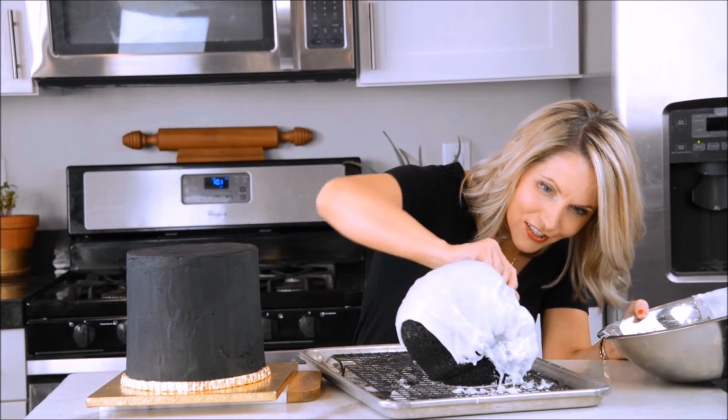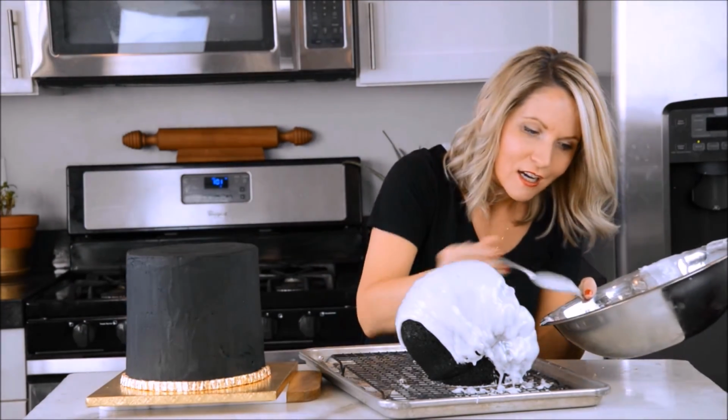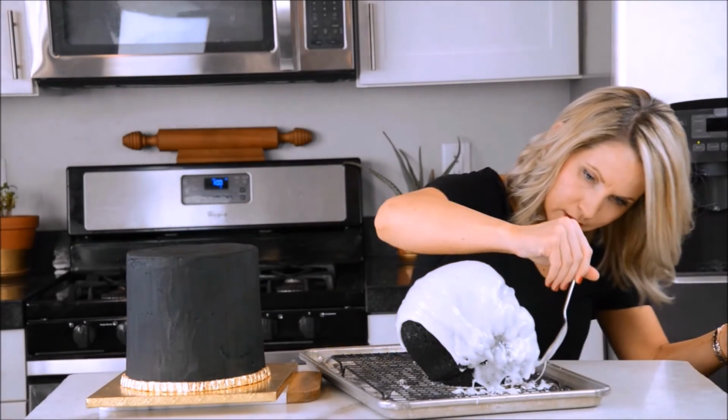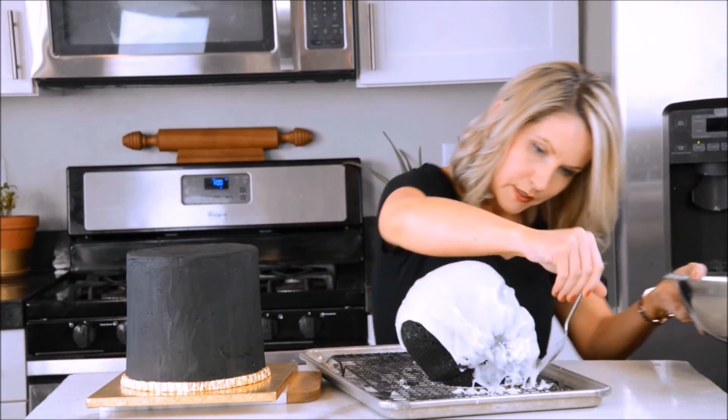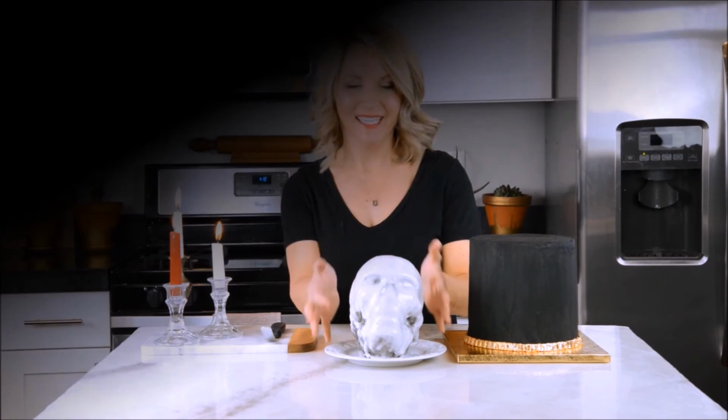Hey, look at you. Good job. You need a little beard. You need a little frosting beard, guy. Now I'm just gonna keep filling it in. That looks great. All right, guys, we have covered our cake in our petit four icing, and